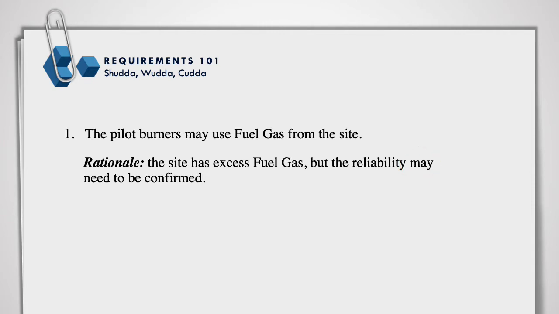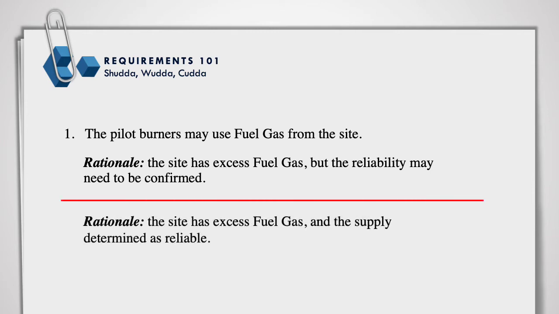Now, to avoid confusion and avoid anyone incorrectly interpreting this statement as an option, we must fix this rationale. Now, I'm going to use my engineering judgment with this rationale and expect that we will only allow fuel gas to be used because we have a reliable source of excess gas. If we didn't, then the requirement needs to be more conditional. We are making a decisive rationale instead of a maybe, might be.